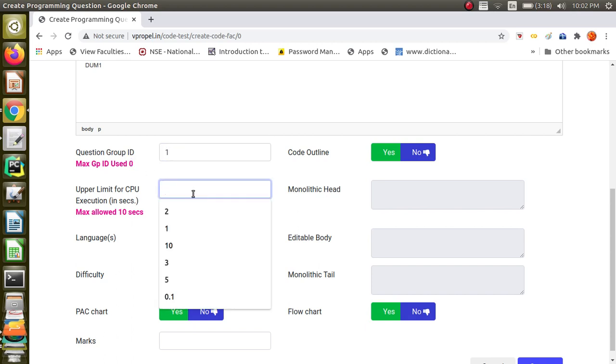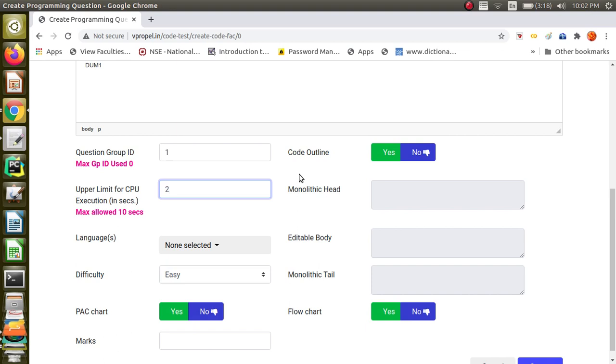Next parameter is how much time your problem may expect the code to run. Why this is asked is that if a user by mistake writes an infinite loop, it should not be running on the server for a long time. We should terminate it and give this feedback to the user. Generally I will give 1 or 2 seconds, because it is going to run on the server, and that server is very lightly loaded, so it will run pretty fast. We need not go beyond it.